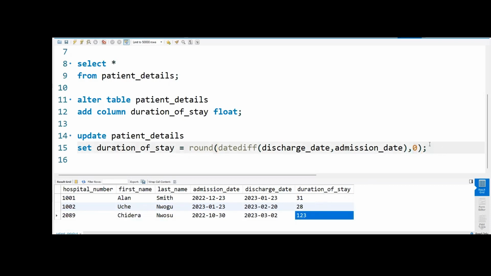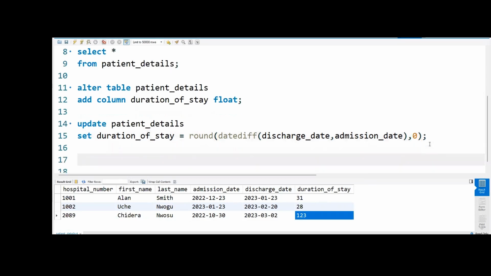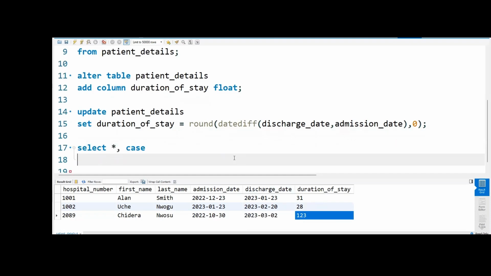Okay, and then we can go further and say anyone that spent less than, let's say maybe less than 40 days in hospital had a short stay. Okay, anyone that spends more than 40 days in hospital had a long stay. So we can do this: select all columns and then put a comma. Okay, and let's write a case. Let's write the case when